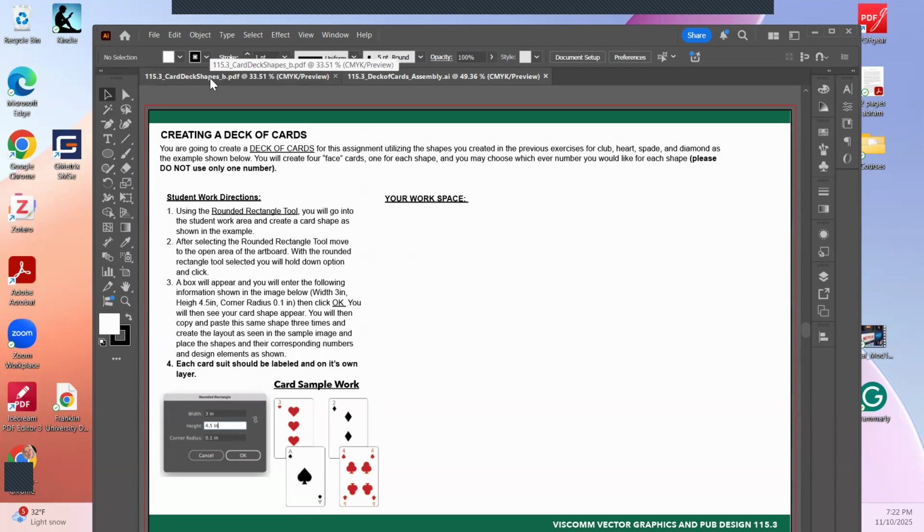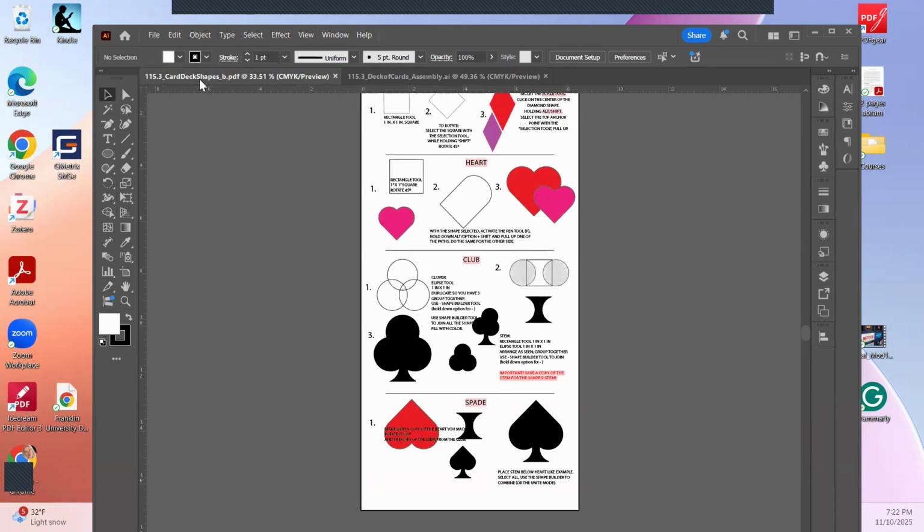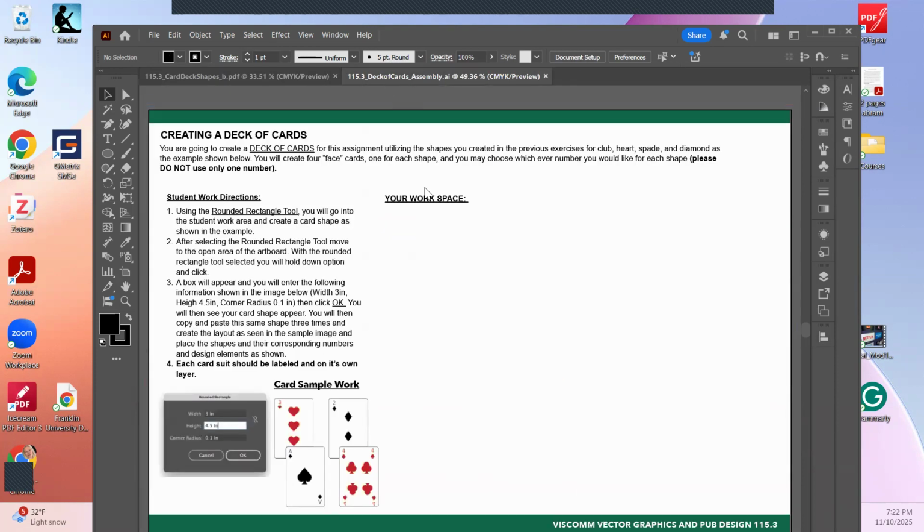You should have open 2 documents. You should have open the shapes that you just created and the creating a deck of cards artboard. So the first thing that we're going to do is it's asking us to create the card first by using the rounded rectangle tool. So basically I'm going to go to my shapes first and I'm going to select the rounded rectangle tool and I'm going to draw out,